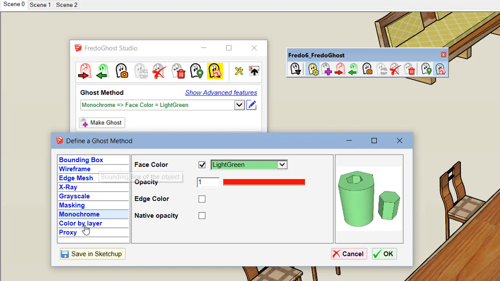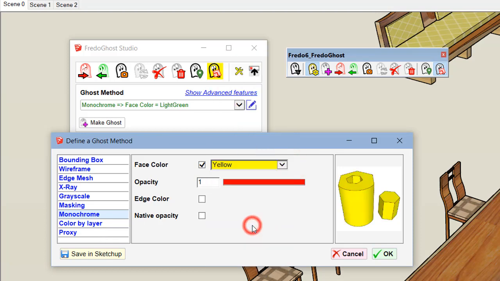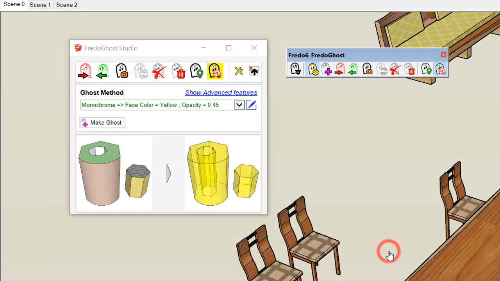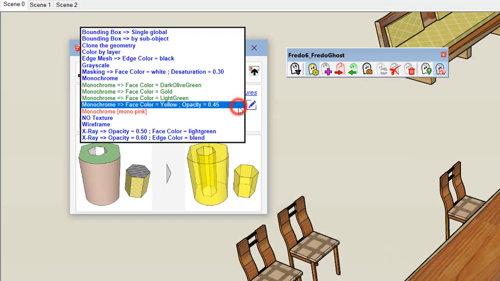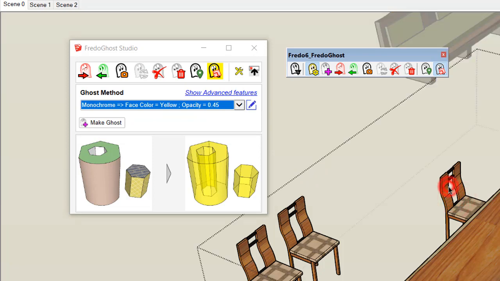So you retrieve here the built-in methods, and for each of them you can modify the parameters which are available. Once you have done it, you retrieve the method here and you can use it in the model.